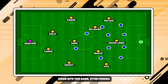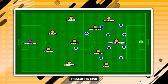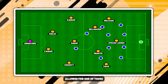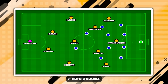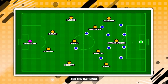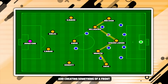Going into this game, Vitor Pereira made a very bold and brave call. He changed the formation, moving away from that 3 at the back to a 4 at the back, allowed for one of those defensive players to be moved into midfield, giving Wolves a better control of that midfield area, especially with the energy of Bellegarde and Molineux and the technical quality of Andre. It was through Bellegarde and Molineux being able to move forwards and creating something of a front 5 for Wolves